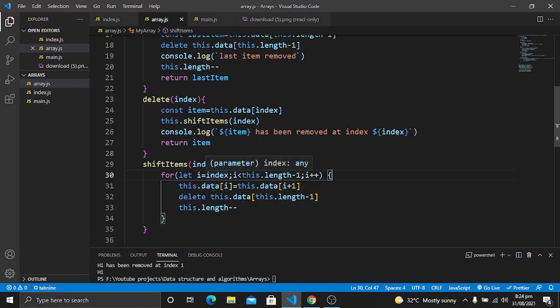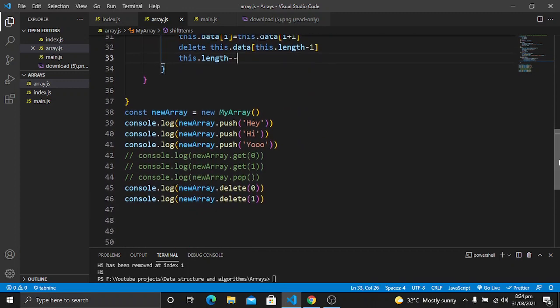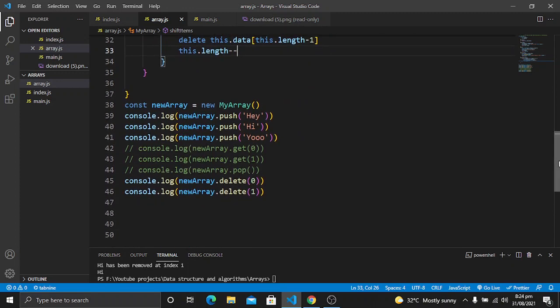Now the item at index 4 will be moved towards index 3. This functionality is added by this line, and the last item will be deleted by delete this.data[this.length - 1]. This will also decrement the count because the item has been removed from our array.